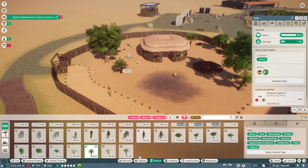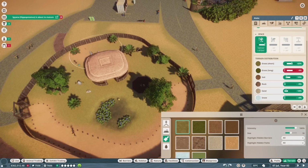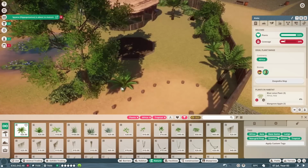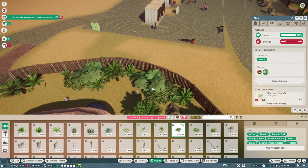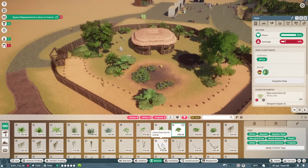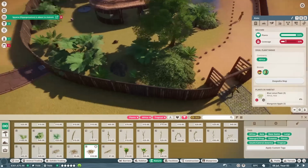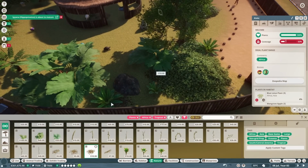I threw around some trees before adding some blue lotus plants to the water, after which I changed the terrain to short grass, and continued on with adding various other plants and bushes, which to my absolute excitement also included one of my new favorite pieces of greenery, the giant rhubarb plant. And I finished off the greenery by sprinkling some leaf litter around the edge of bushes, after which it was